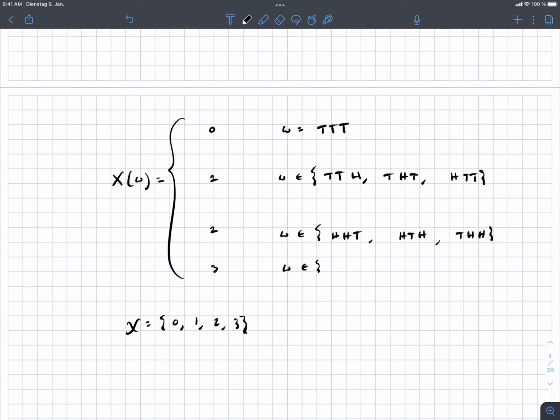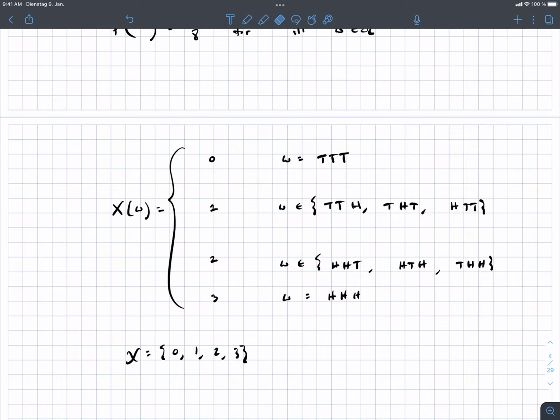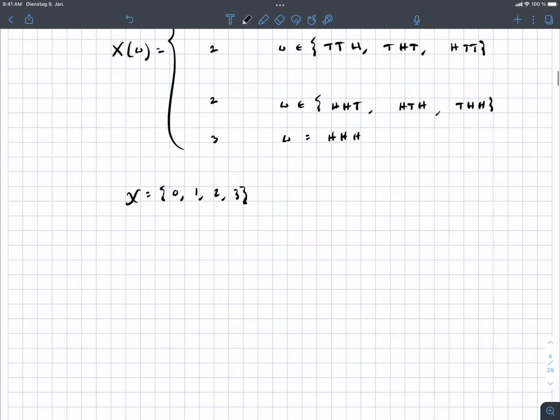And if I get all 3 heads, I can just say equals this outcome. If I get this one, I get 3. Okay. So just to practice this pre-image thing,